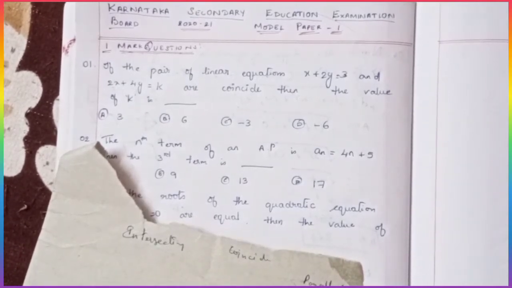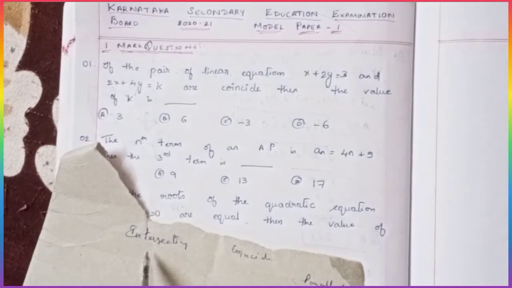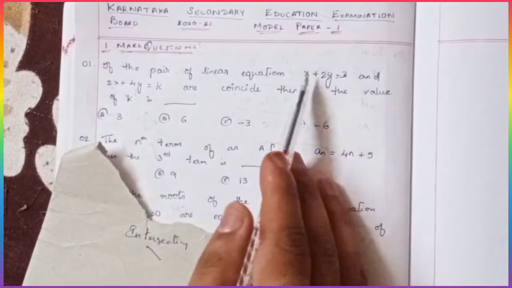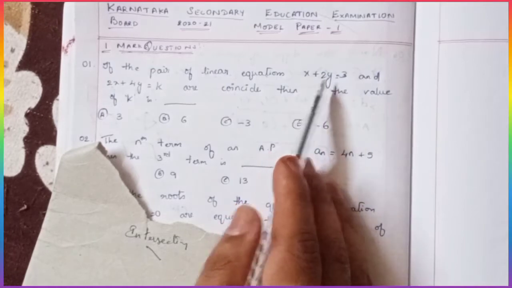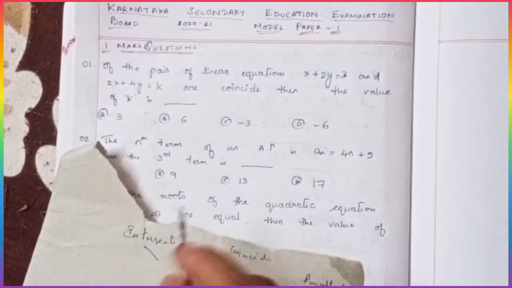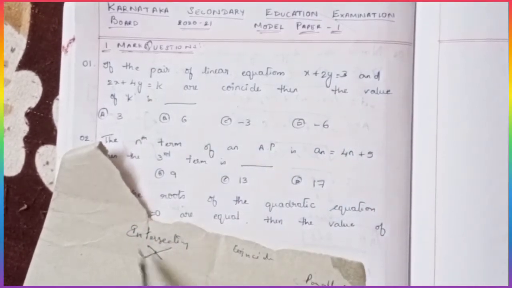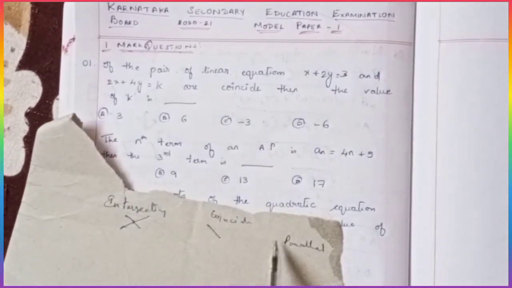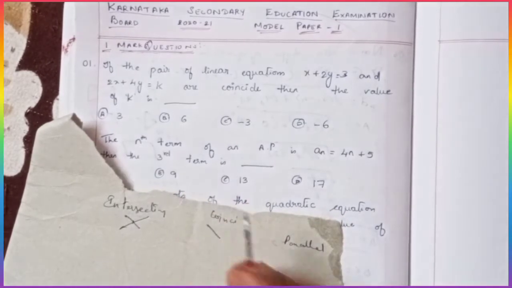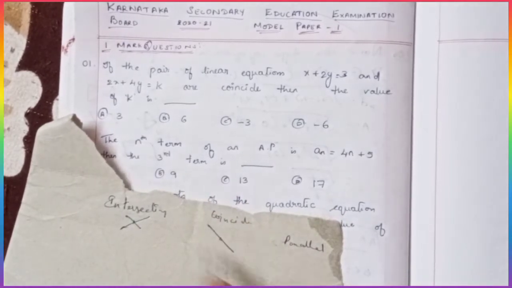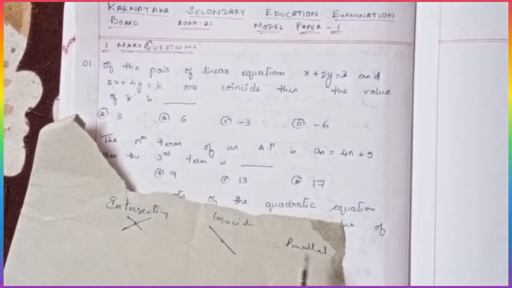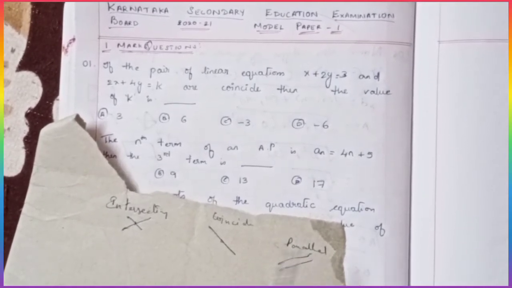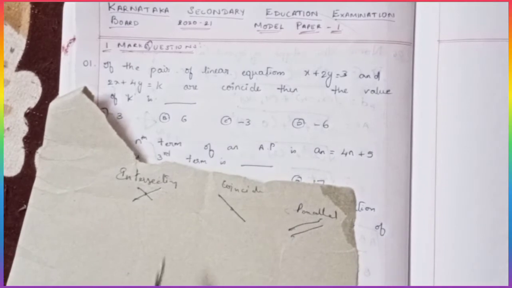What do you mean by intersecting? When we solve these equations, we can draw a graph by using the first equation, and we can draw another graph by using the second equation. If the two lines intersect at one point, they are called intersecting lines. Coincident means when you draw one line by one equation, the other line drawn by the other equation is connected, so both will be on the same line. For parallel, two lines will be parallel: one line of one equation and the other line of another equation. So all these 3 are interrelated.